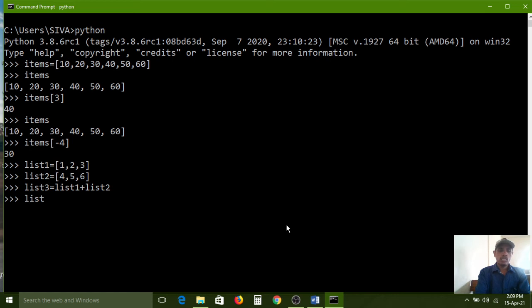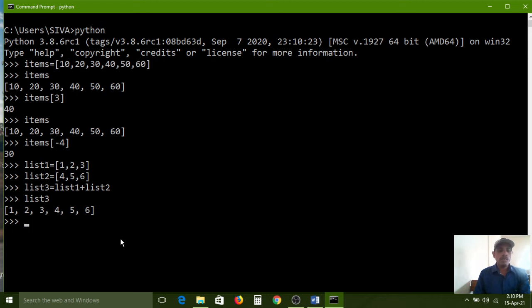I use list3 and press the enter key. So how many elements does list3 contain? 1, 2, 3, 4, 5, 6. So list1 elements and list2 elements are all combined within list3. Understand? Like that, we can do the addition operation on lists.